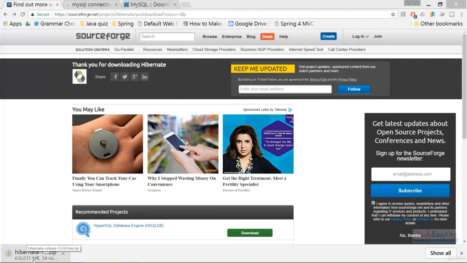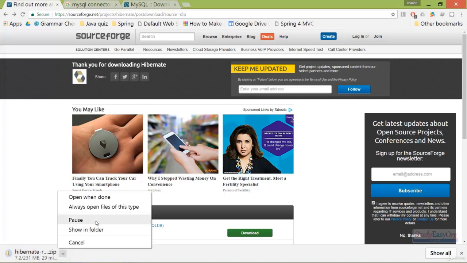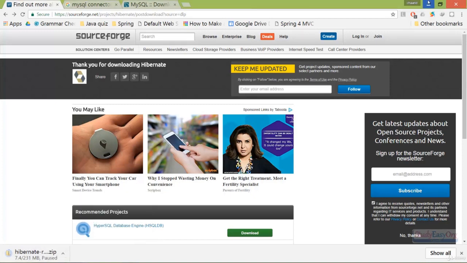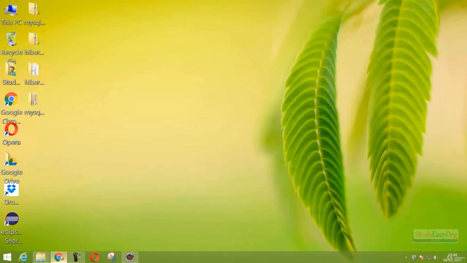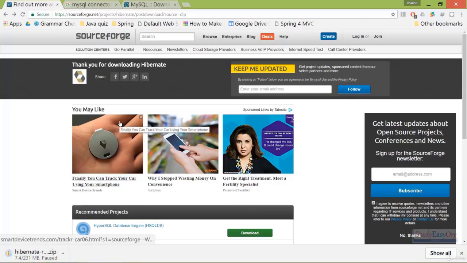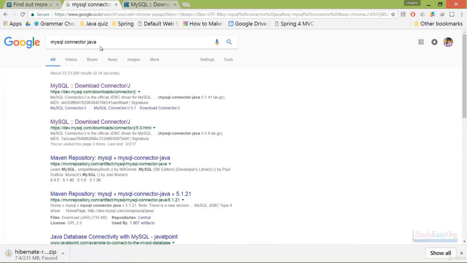So I have already downloaded this particular file in order to save some time. Let me pause this download, and I have kept the zip file on my desktop. So we have this file with us. We will check this file in couple of minutes, but we would also require a yet another file, which is